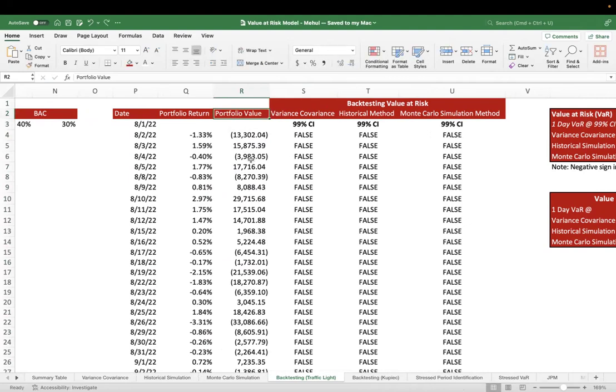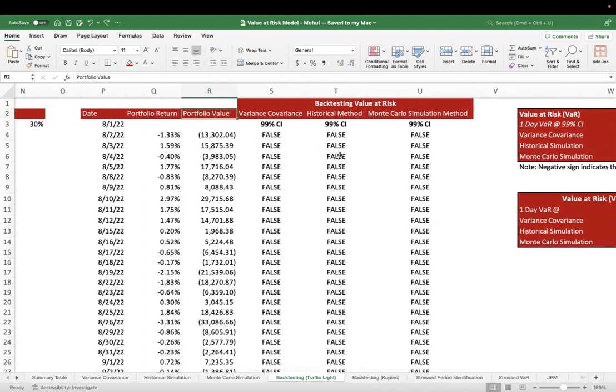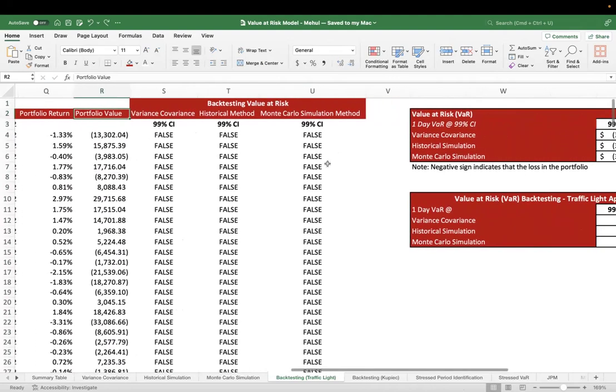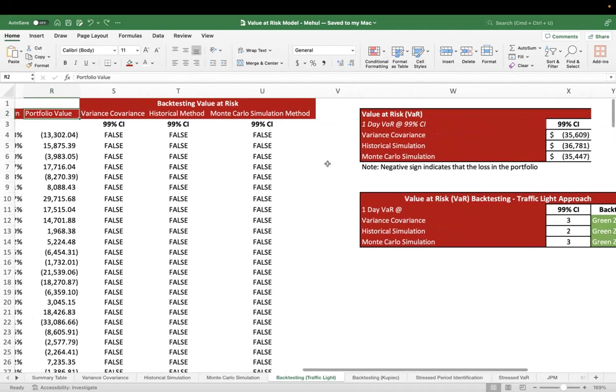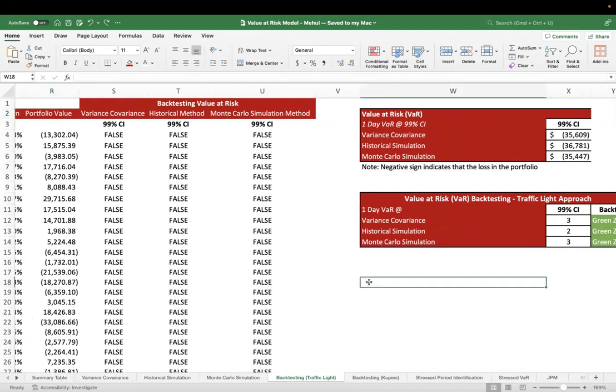Let it keep it like this. Okay, now the question is, how do we backtest value at risk? To backtest value at risk, if you all remember the definition of backtesting value at risk,